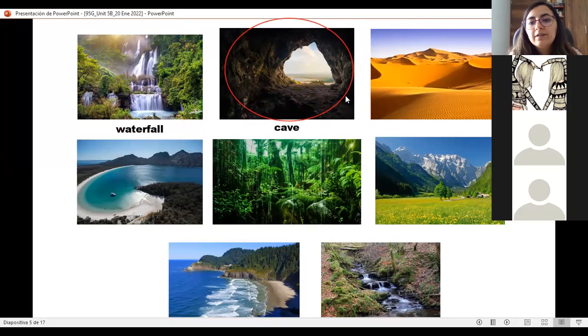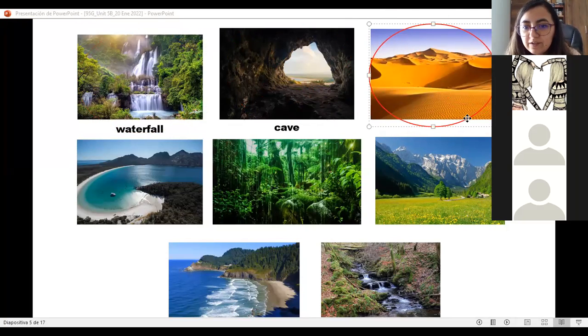What about the desert? What do you think? I already told you the answer. Desert. Ya les dije la respuesta, ¿no? With just one S, don't forget, this is something important we need to take into account.